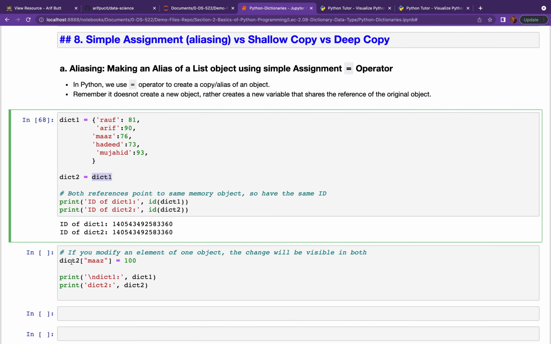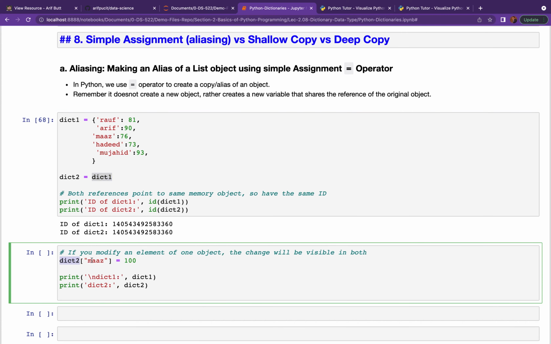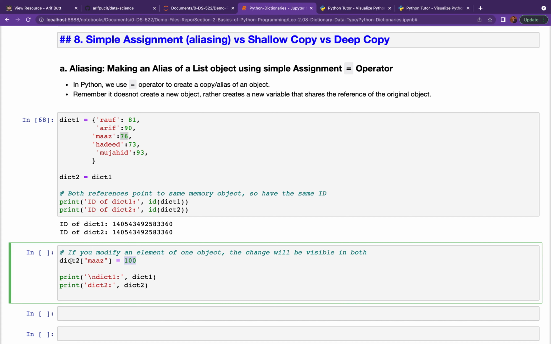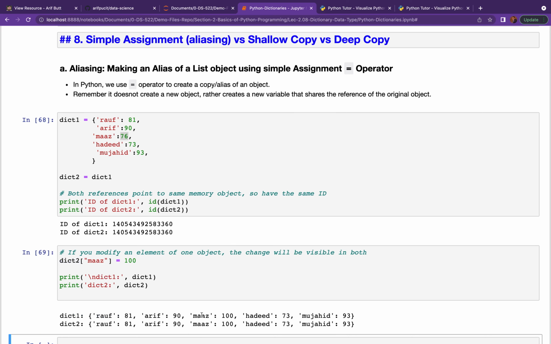And if I change, let's suppose the value corresponding to the key Mars, that is, I am changing the marks of Mars from 76 to 100 for dict2, this will be changed for both the dictionaries. So the marks of Mars are changed for both of them. So this is simple aliasing.